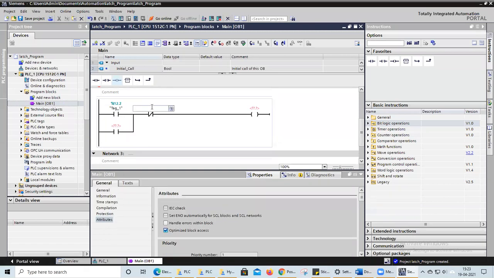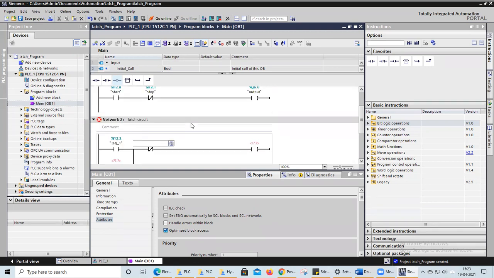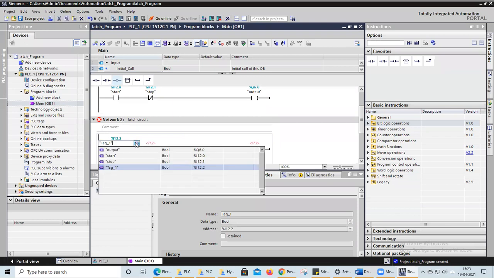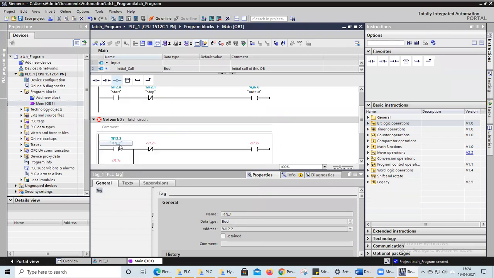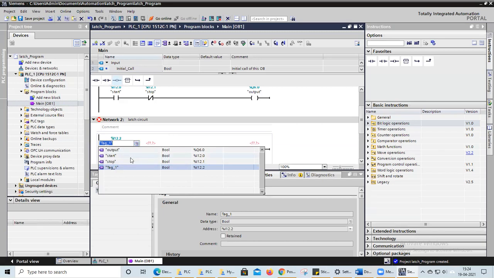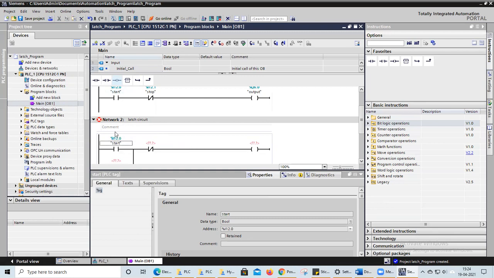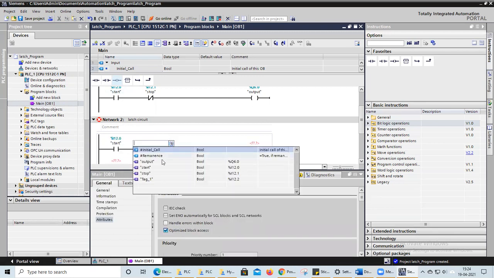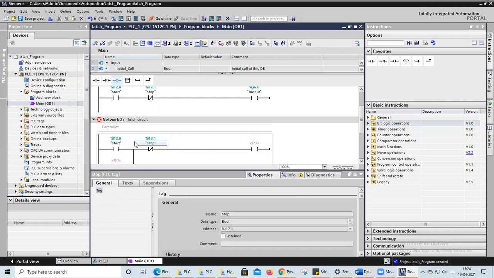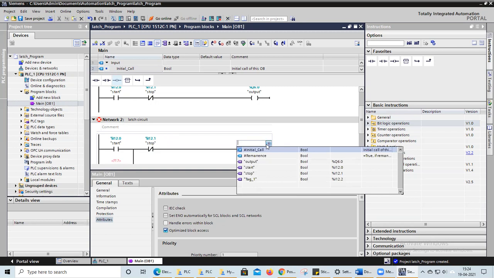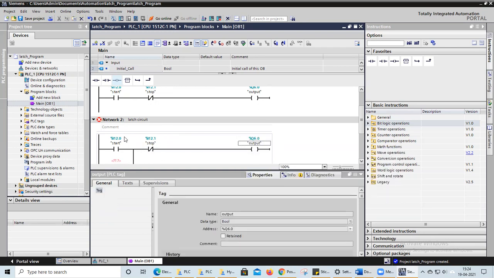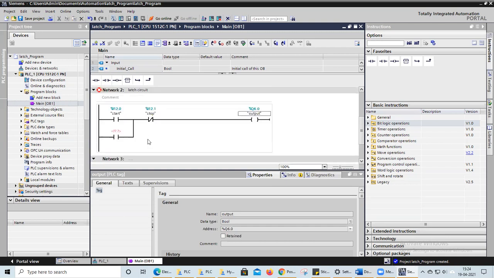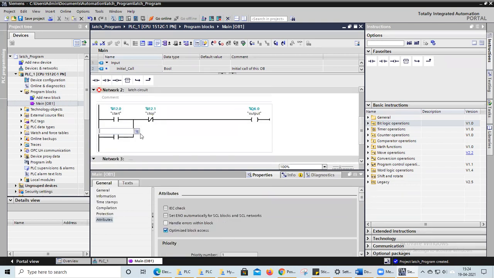12.3. Otherwise, shall we give the same addresses for this one also? Okay, I will give the same address. You click on here. Here, if you want to give the same address, you click on the tag, and here one column will be there, you can see. You click on this column, it will open like this, means previous addresses it will open. I'm using the same start switch. It will take the same address. Now I will use the same stop switch. It will take the same address. And here also I will use the same output. The same it will take like this. And in the latch circuit, I'm using only the output here.